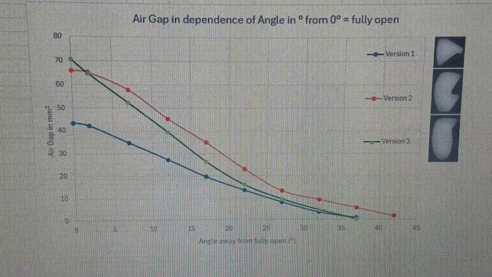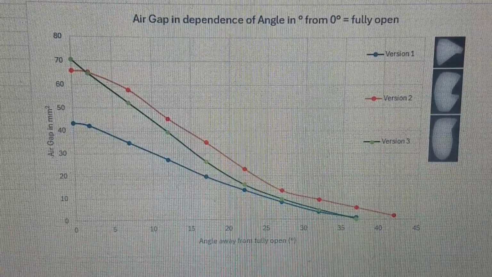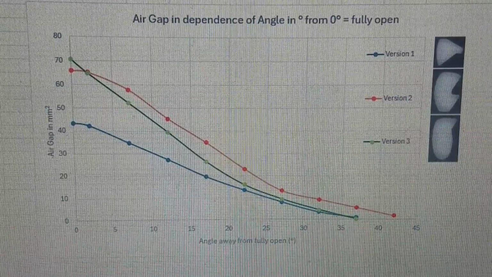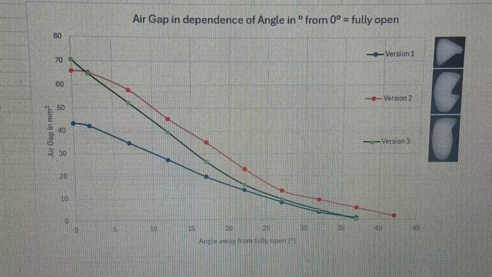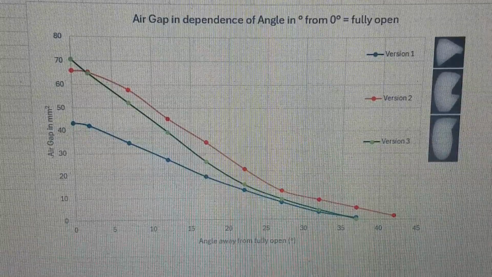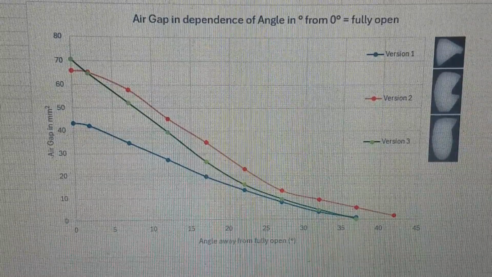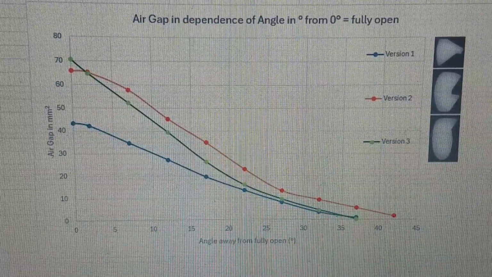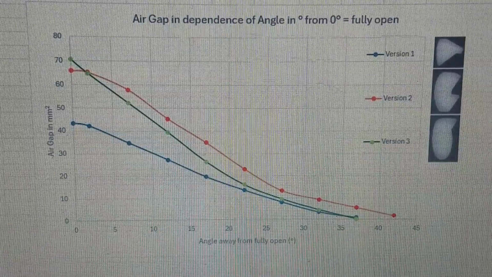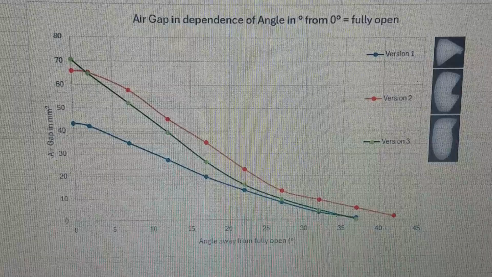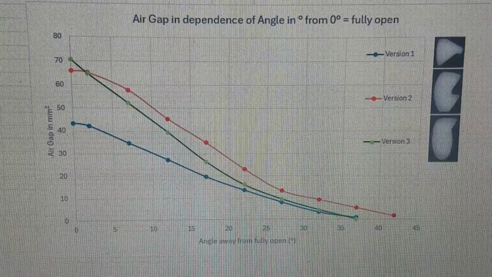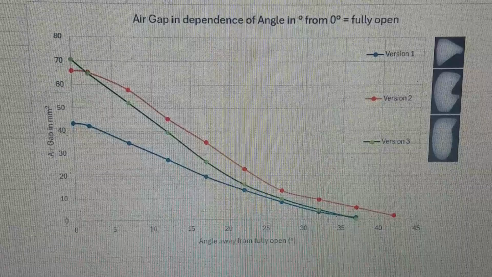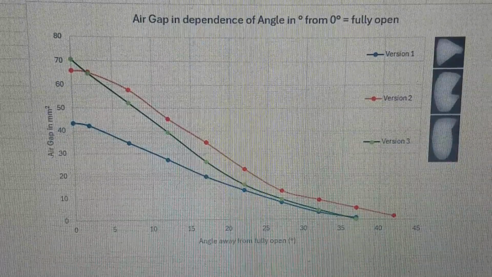So these are the square millimeters of the opening in the actual auxiliary air valves. What you can see is that version 2 and 3 have a high initial opening of between 65 and 70 square millimeter, while version 1 only opens 43, I would guess 43 square millimeter. This tells me that if you are ever in a position where you have to replace one auxiliary air valve that you cannot get anymore with another one that you might be able to get,